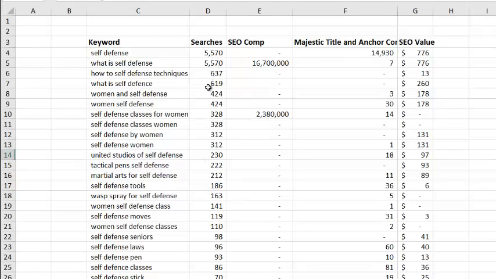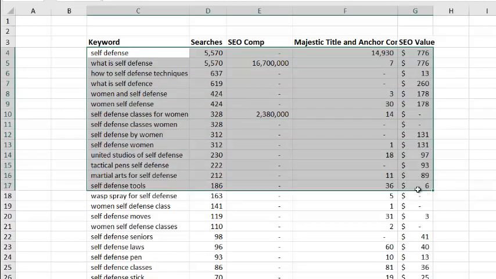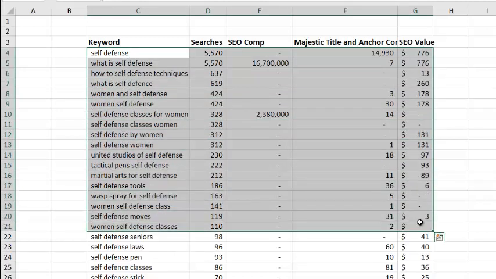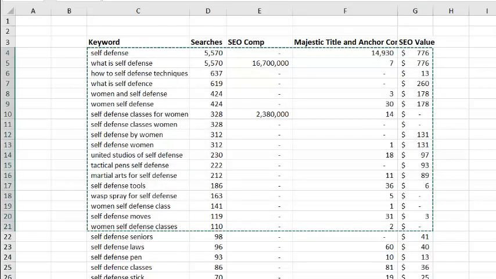So what we really want to have are high-level searches. So if you get the 300, that's 10 per day roughly. Okay. So when you drop this down, it starts to get less and less. Let's say we cut it off at 110. So we can grab these guys at 110 searches, copy that, bring it over here, paste it,